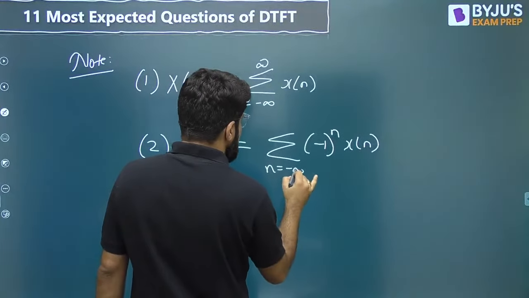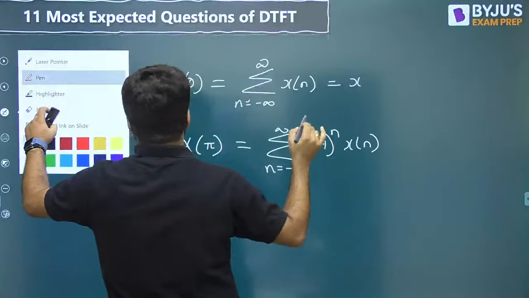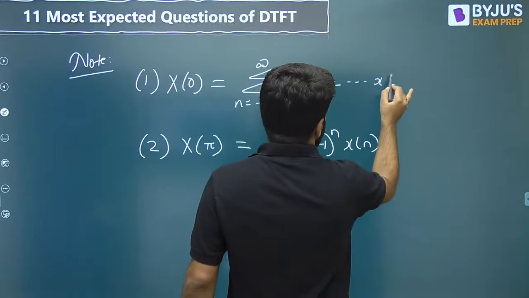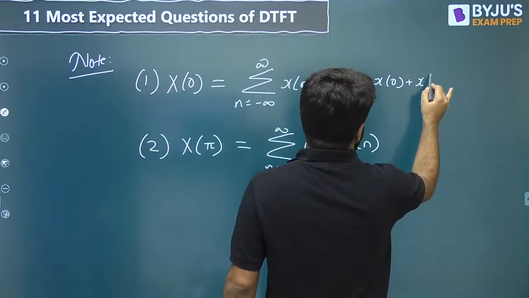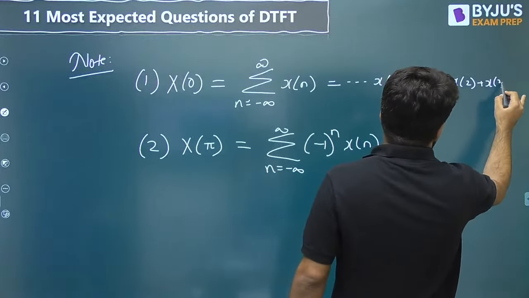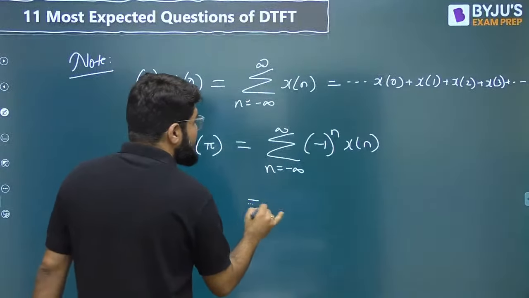Okay, that means if the first property is, if you start from 0, actually you can start from minus infinity to infinity. So let's say I take from 0, so it will be x0 plus x1 plus x2 plus x3, summation of all samples actually, right? But in the second case, you have summation of,